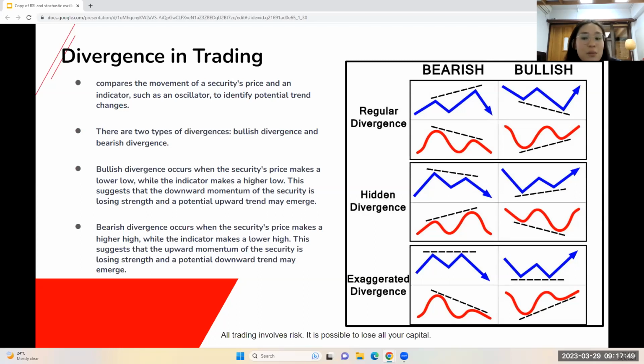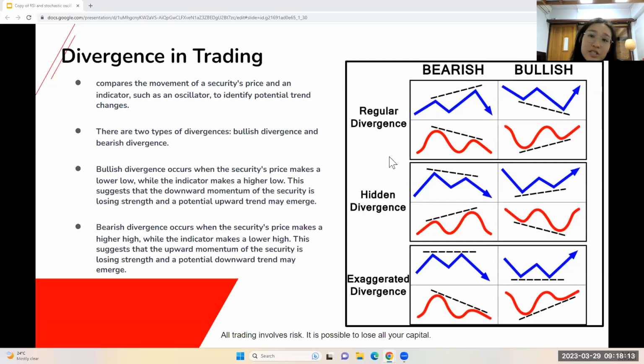Meanwhile, for bearish divergence, it occurs when the security's price makes a higher high, while the indicator makes a lower high. So this suggests that the upward momentum of the security is losing strength and a potential downward trend may emerge. So if you take a look at the image that I've included here,